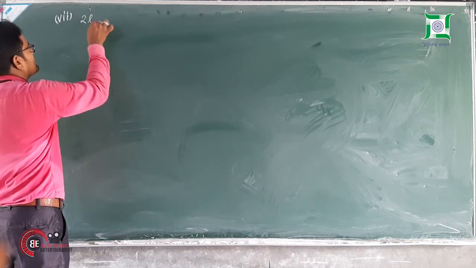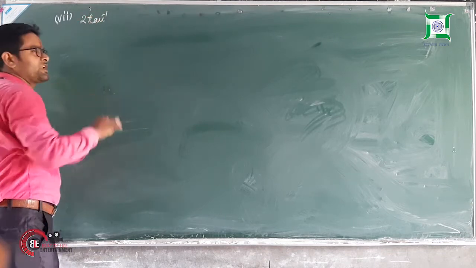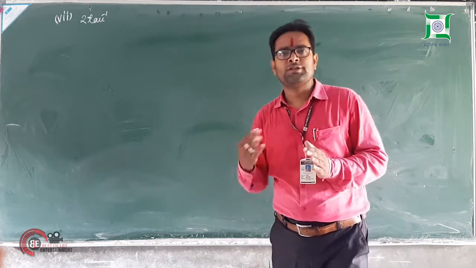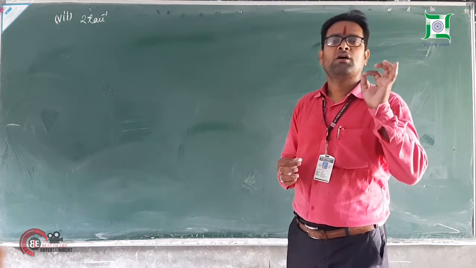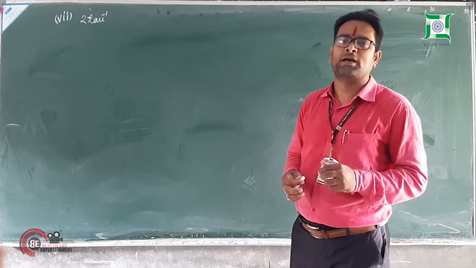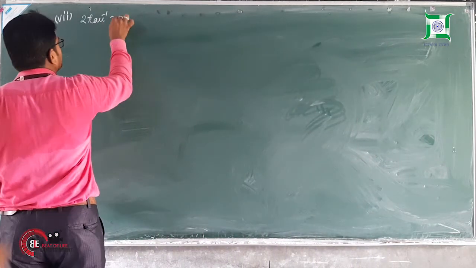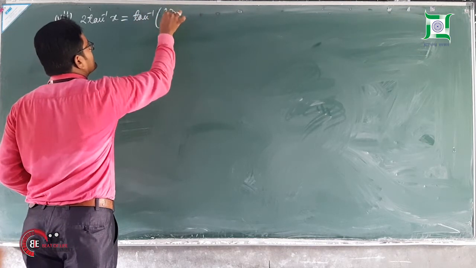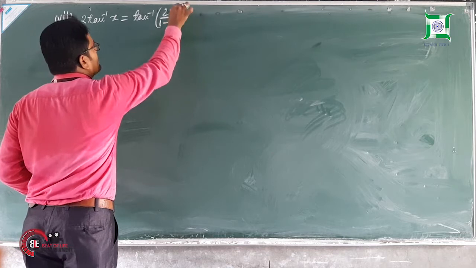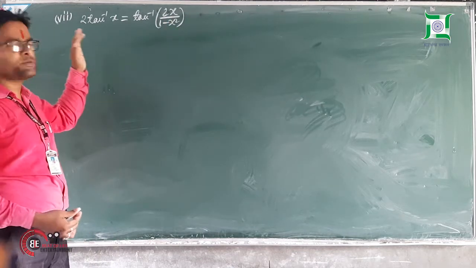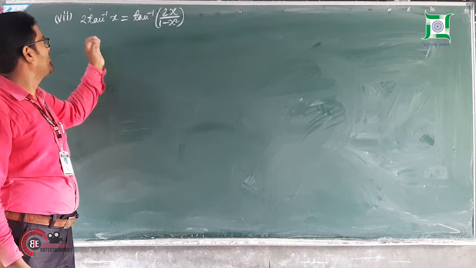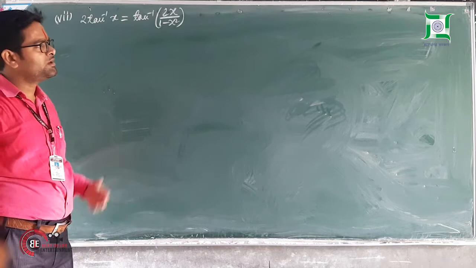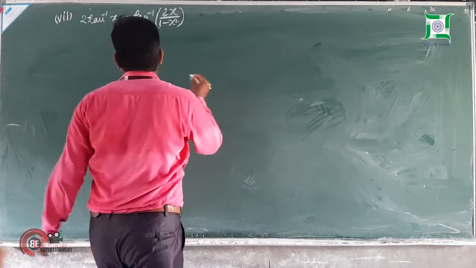Tan inverse x. Now we have seen tan inverse x plus tan inverse y, tan inverse x minus tan inverse y. What will be the result? Now we have to see how, within one angle, to convert it into multiple angles. 2 tan inverse x is equal to tan inverse 2x by 1 minus x square. Based upon the previous concepts, we can assume this as theta and convert it, and we have to prove it. Let us see the proof. At the right side I am proving it.